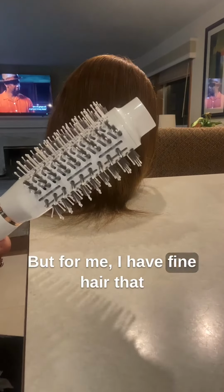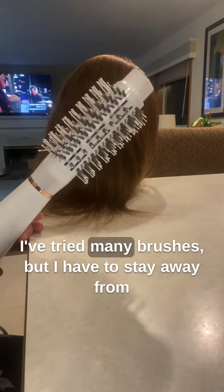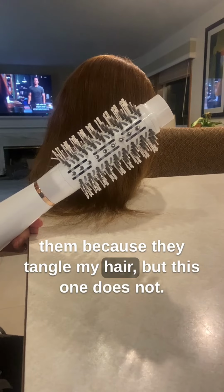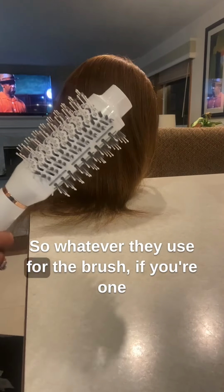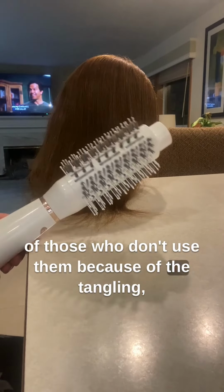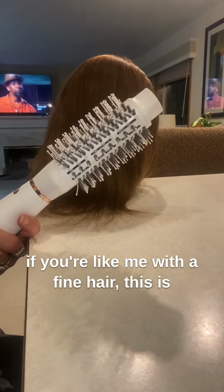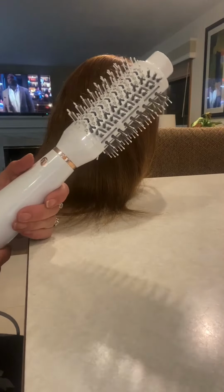But for me, I have fine hair that tangles really bad. I've tried mini brushes, but I have to stay away from them because they tangle my hair. But this one does not. So whatever they use for the brush, if you're one of those who don't use them because of the tangling, if you're like me with the fine hair, this is a really good option because I'm really happy with that,